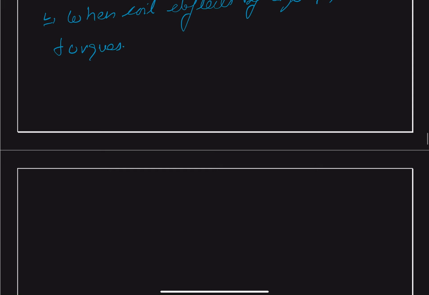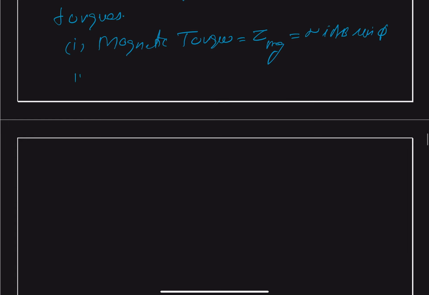First will be our magnetic torque, that will be our tau magnetic, and it will be NIAB sine of phi, and second will be the restoring torque,